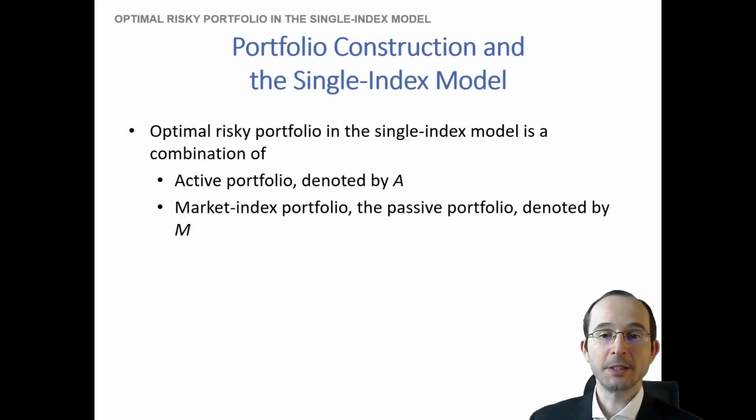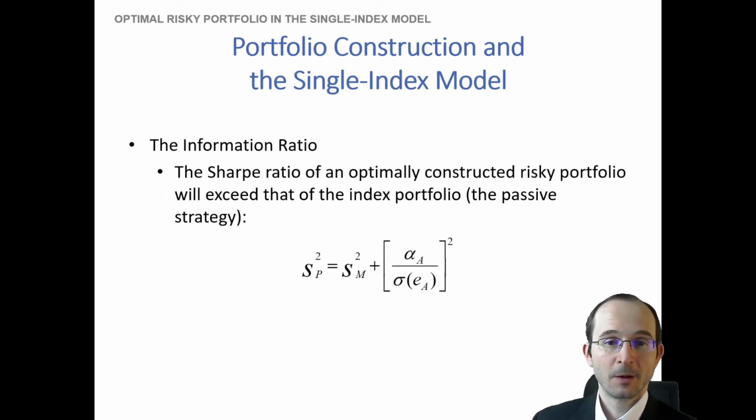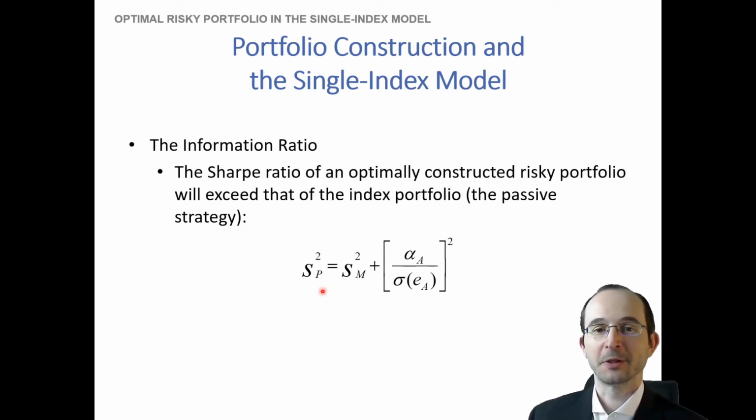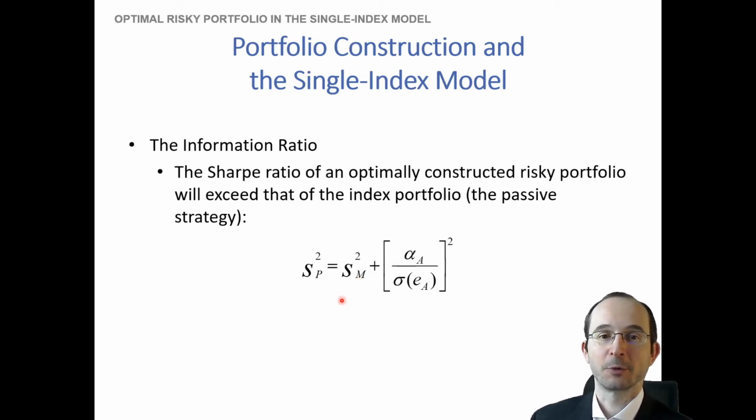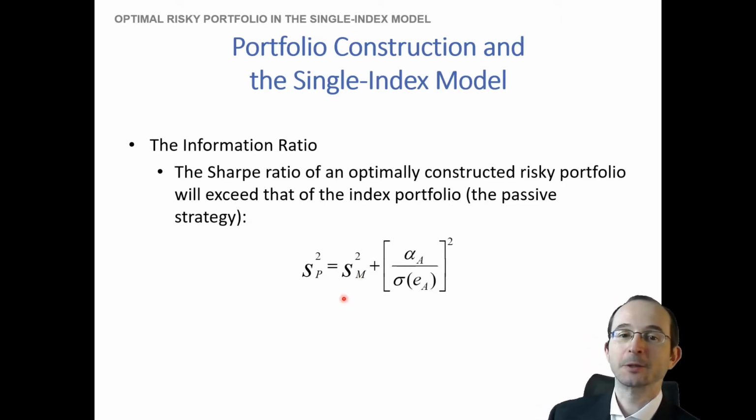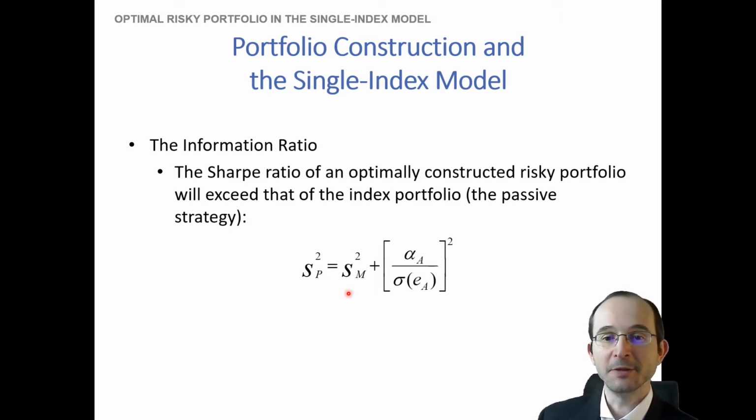Now, furthermore, we can actually decompose our Sharpe ratio into two parts, sort of the active portfolio risk and the market index portfolio, or passive portfolio. How do we do that? Well, essentially what we can say is that the Sharpe ratio that we have calculated, specifically the Sharpe ratio squared, is going to be the square of the market portfolio's Sharpe ratio. Remember, its expected return over its standard deviation, squared, plus